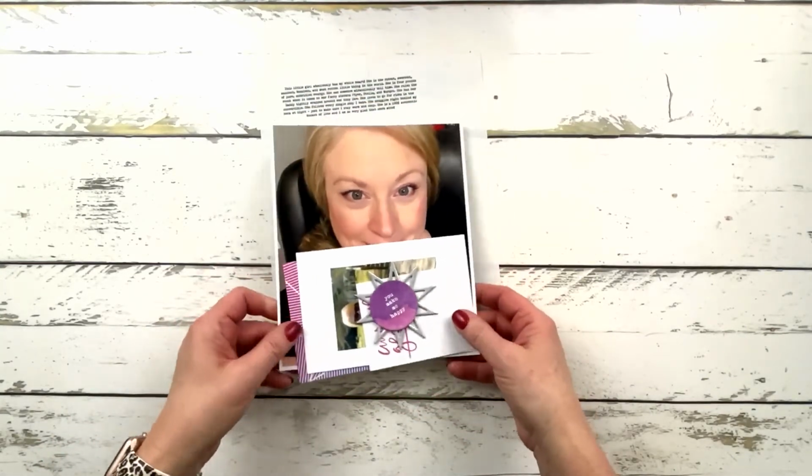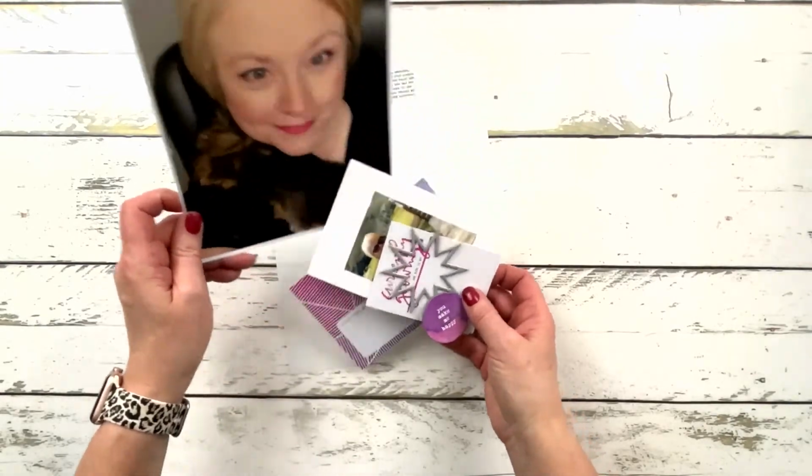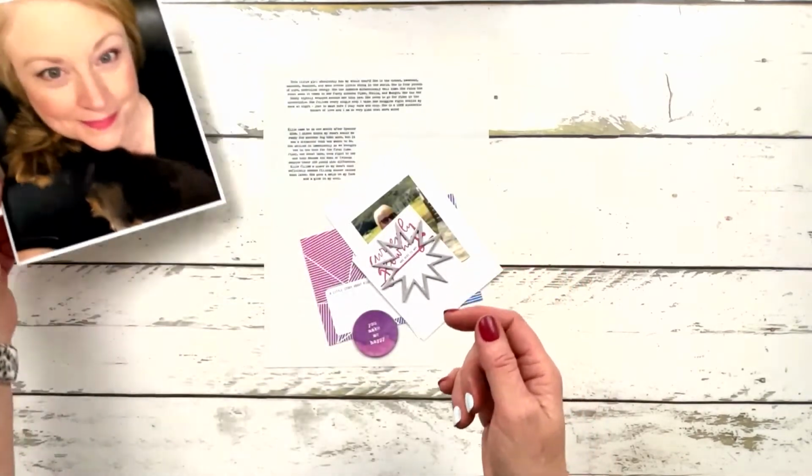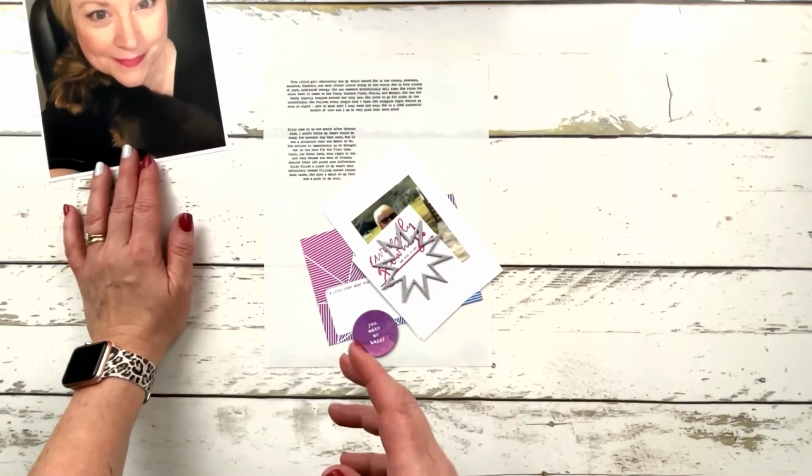So what I have is a photo of me and our little Yorkie, Ellie. And this was taken not long after we got her. So this photo is a couple years old. And I have it printed on Canon Pro Luster paper because it is outside of the page protector, and I prefer to use that finish because it doesn't show as many fingerprints. I mean, they're still going to show somewhat, if you have lotion on or whatever, but it's not going to show as many fingerprints or nicks and scratches as glossy paper does. So I have switched to that for all of my outside of the page protector